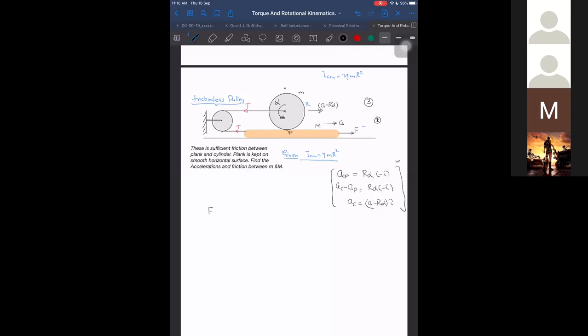When we are finding the constraint relation, then we are getting F minus 2T for the combined system. Sigma Fi is equal to sigma Mi Ai. So F minus 2T is equal to capital M into A plus small m into A minus R alpha. That is it. So how many unknowns in this? I think we still have many unknowns. It is not much helpful because T unknown, A unknown, alpha unknown, and that too when we are just able to avoid the internal normals and internal friction. Otherwise, there will be 5 unknowns. So there are 3 unknowns appearing already.